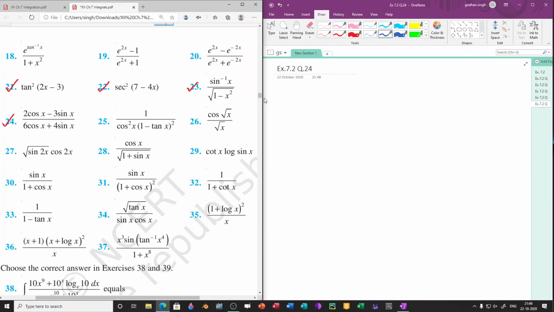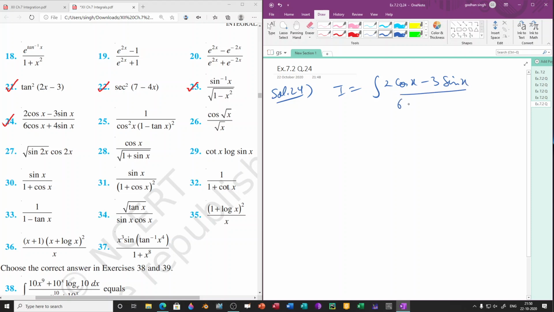Integration of (2 cos x minus 3 sin x) over (6 cos x plus 4 sin x) dx. That is what we have to find. So we will integrate this function. So solving question number 24. Solution 24. I equal to integration of (2 cos x minus 3 sin x)